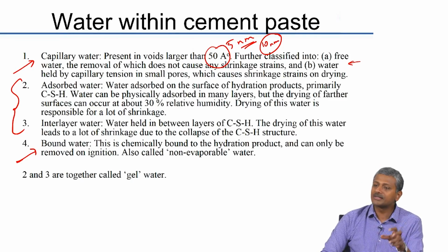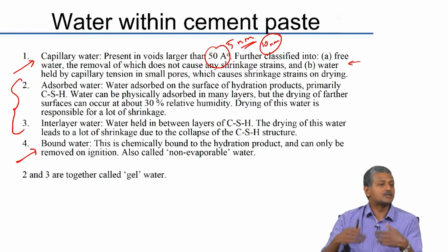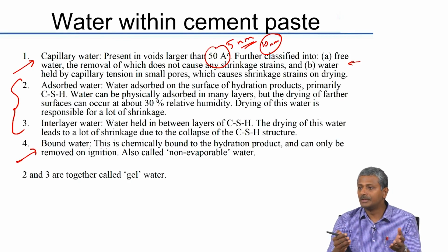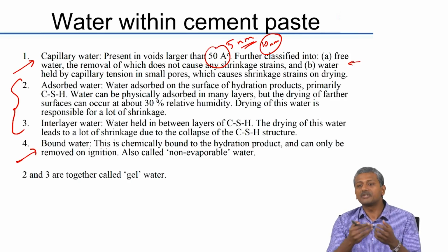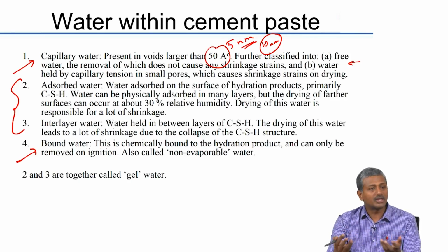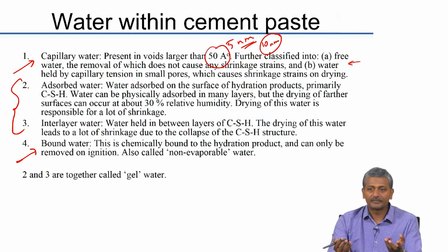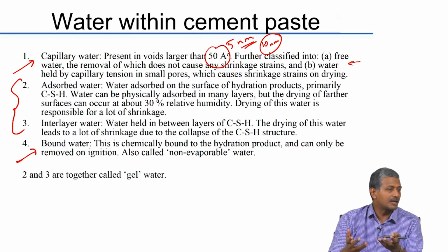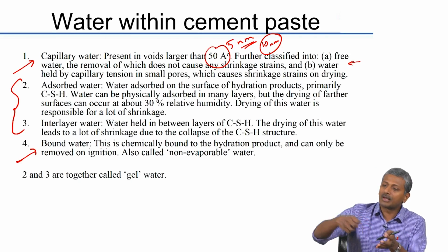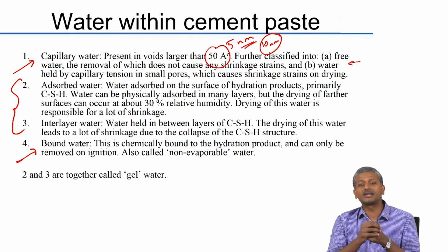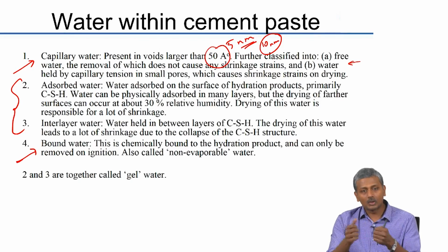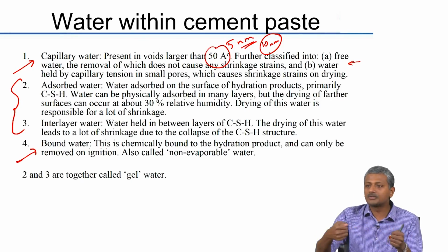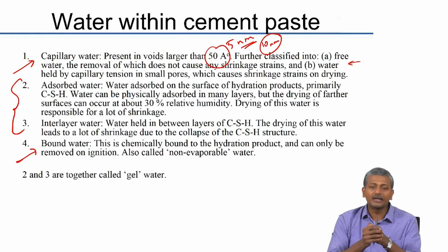So already now you understand that if you have excess water present in the system, some of it may be present in these very large pores. So you may cause sufficient drying to happen without any shrinkage in the system. Okay. So sufficient drying implying the concrete may start losing mass because of drying, and that water is actually coming out of the larger pores, so you do not create any shrinkage strains in the system. It is only when you start drawing this water from smaller pores do you result in very high shrinkage levels